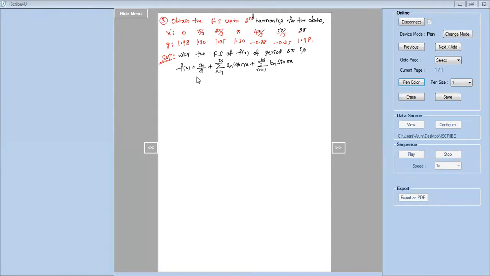Right? This is the formula written in the case 1 of your working procedure. Now what we want here is the Fourier series up to second harmonics. Let me expand this up to second harmonics now. So second harmonics means what? Your n will take two values, 1 comma 2. Up to second harmonics means 1 comma 2. First harmonic means n is equal to 1, that's all. So up to second harmonic means n is equal to 1 comma 2, given by f of x equals